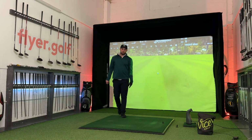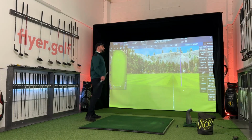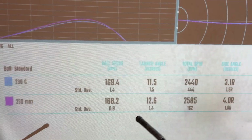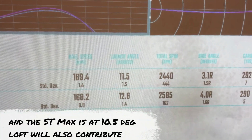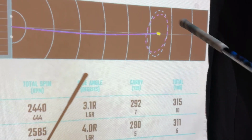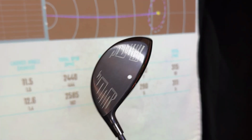I mean, when it hits £150 second hand, I might as well just buy all of them and just fit them in and out my studio. Virtually same shot pattern. If anything, the ST Max, when caught well, went slightly further straight. Tiny bit more launch and a tiny bit more spin, which, let's be honest, we were expecting from this particular head style. But when you have to trade in forgiveness, confidence,